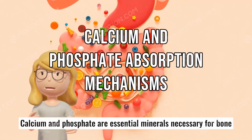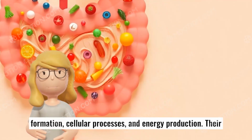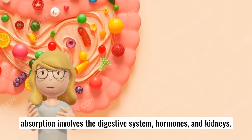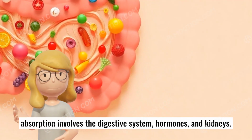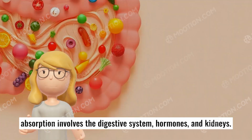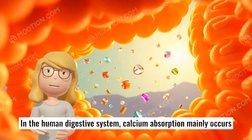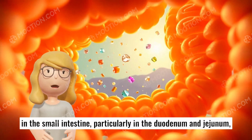Calcium and phosphate are essential minerals necessary for bone formation, cellular processes, and energy production. Their absorption involves the digestive system, hormones, and kidneys. In the human digestive system, calcium absorption mainly occurs in the small intestine, particularly in the duodenum and jejunum, through